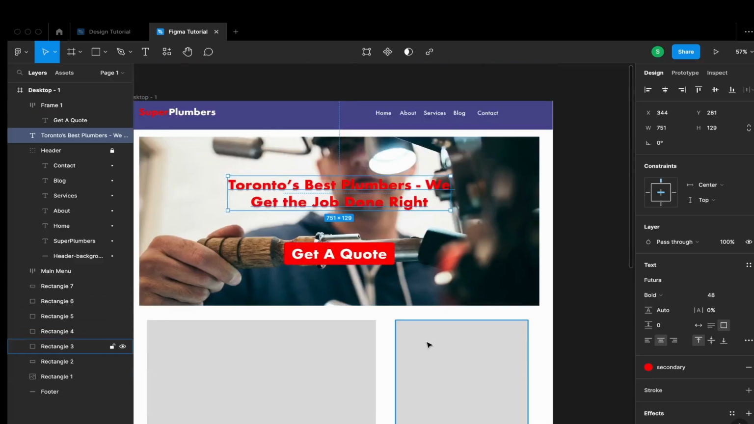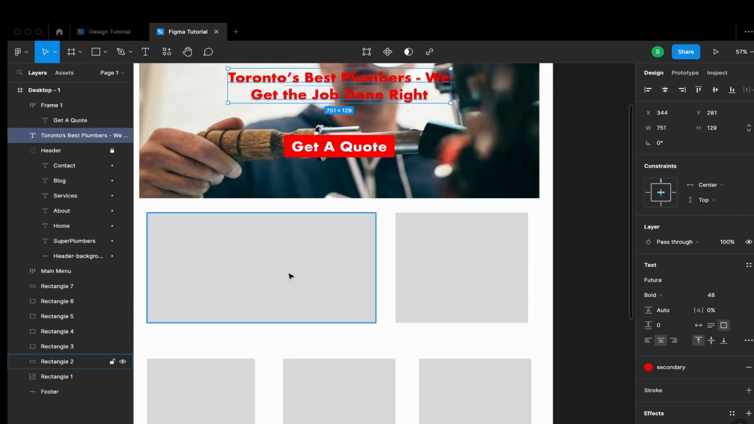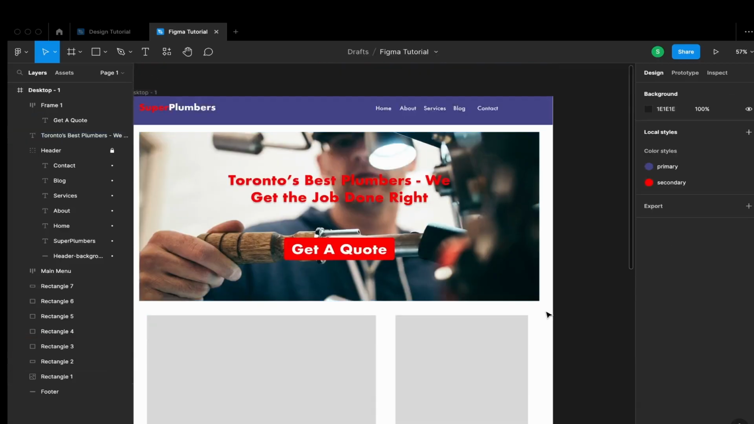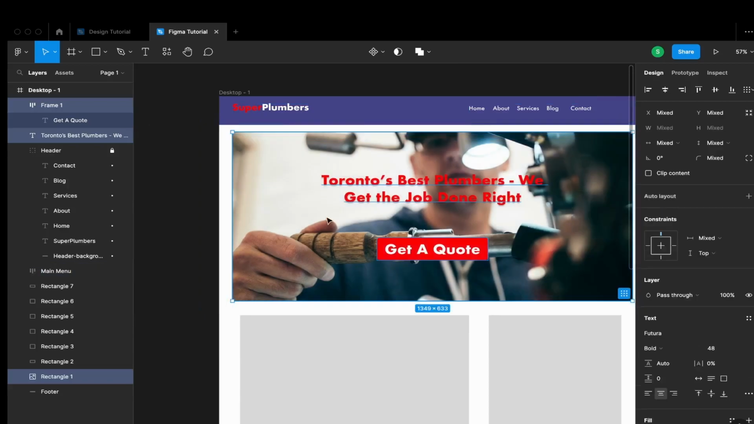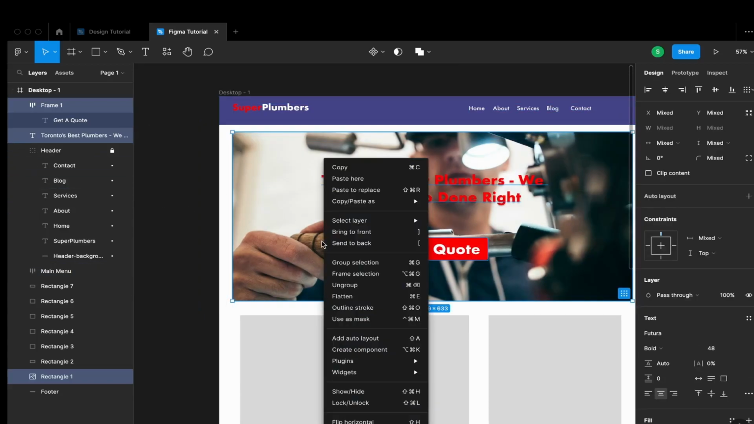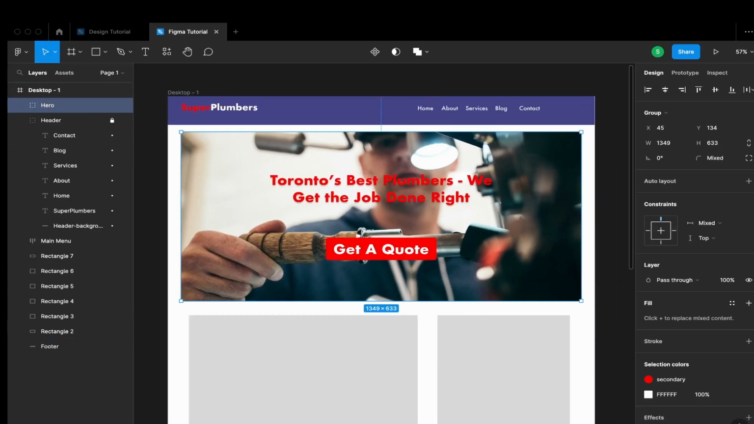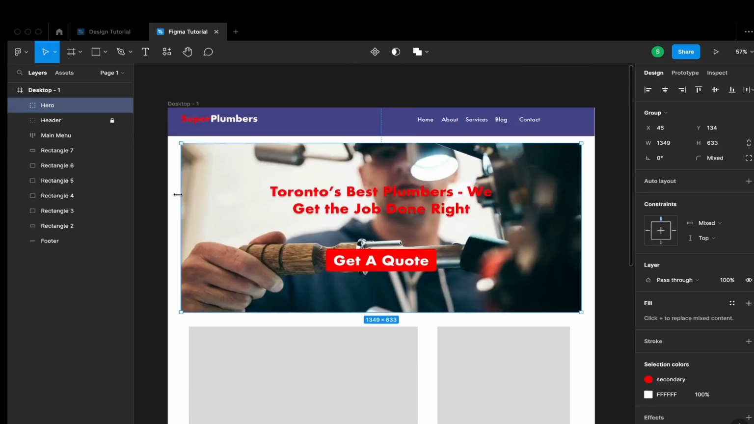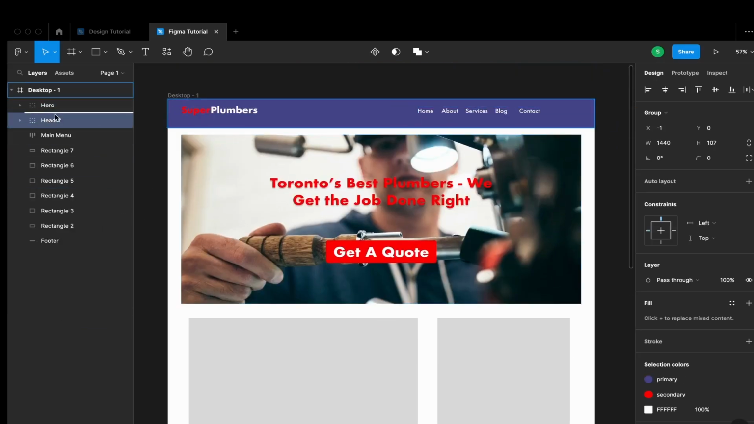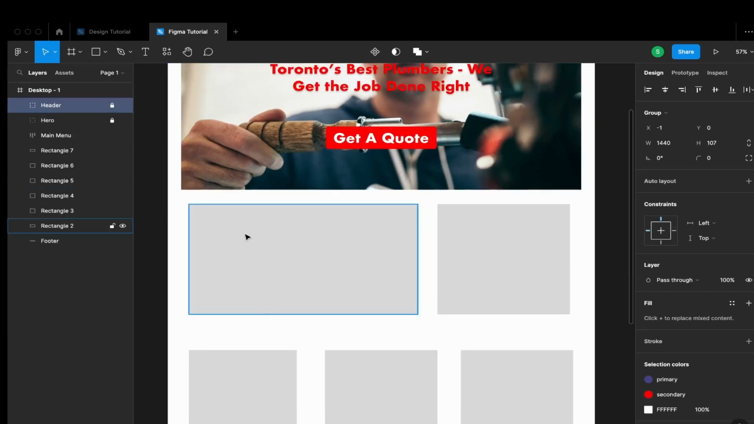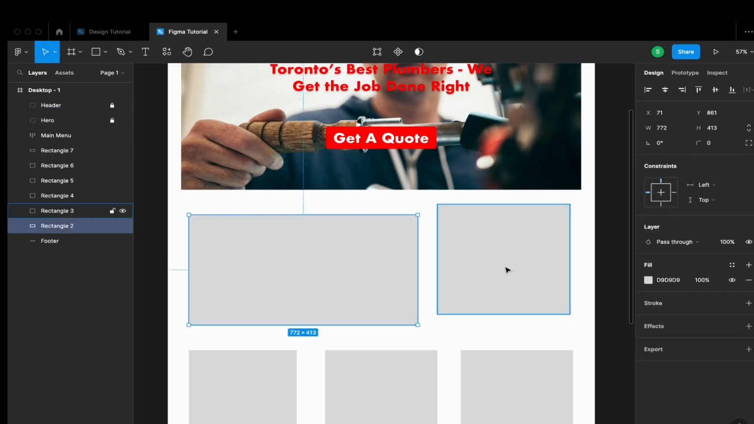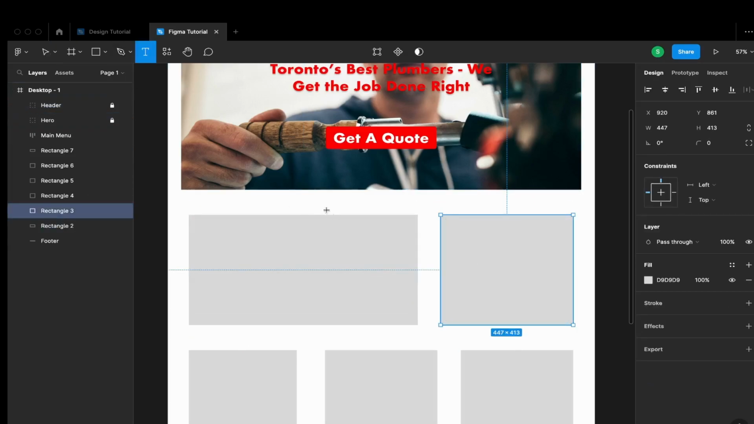Okay, so first you wanna add a title. So again, let's just group these elements here. Then click group selection. And then we can call this hero. Okay, so let's just move this section up over, just so it's all in order, and we'll just lock that in. Okay, so next for the about section, just move it down a little bit